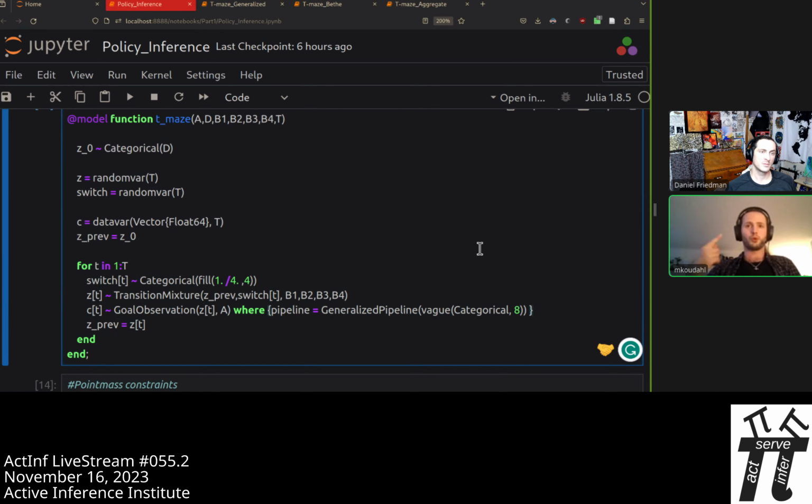But the tool should always be the same. If I want to control a robot or track an object or do localization or preference learning or filter an audio signal or whatever you might want to do, the tool should always be the same. All it should need to do is do inference. It's my job as the engineer to figure out what is the model structure that produces the results that I want.